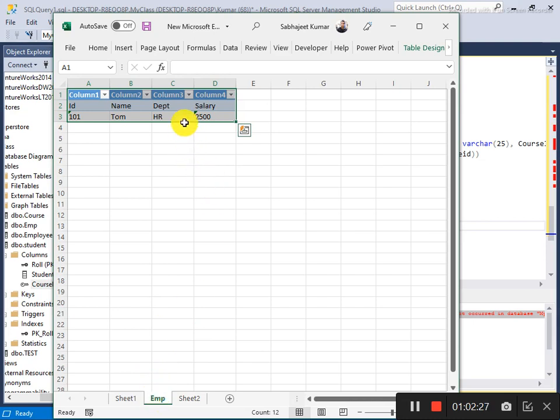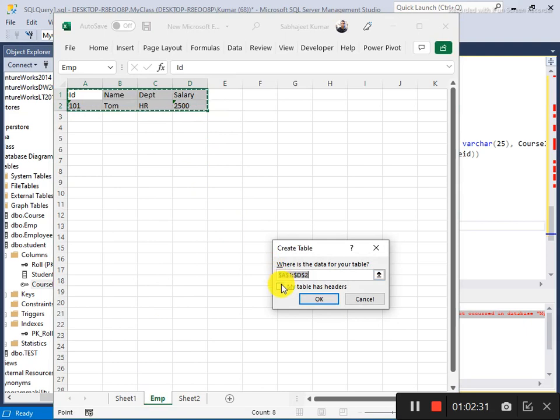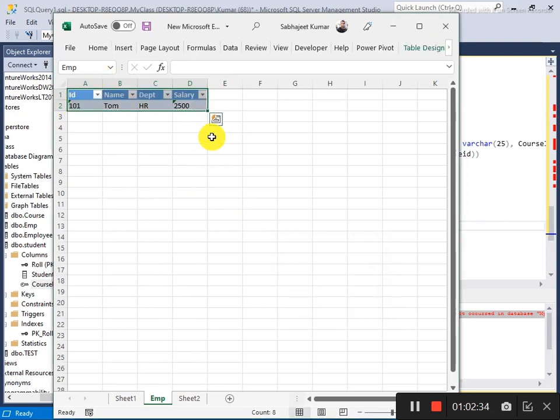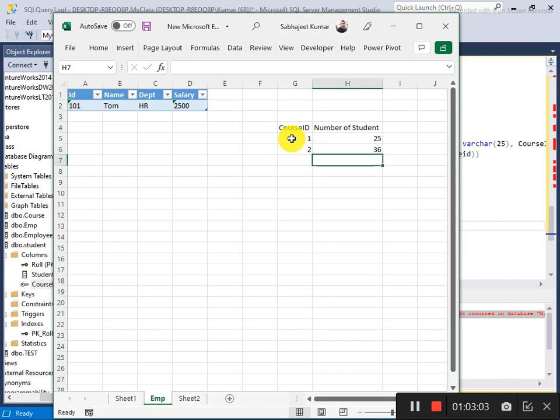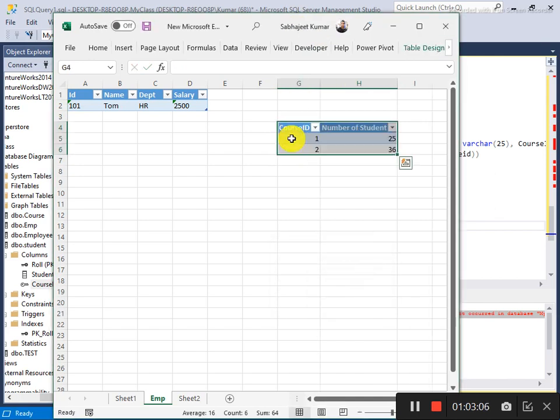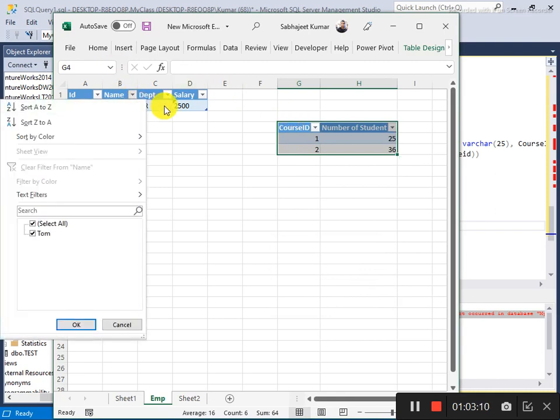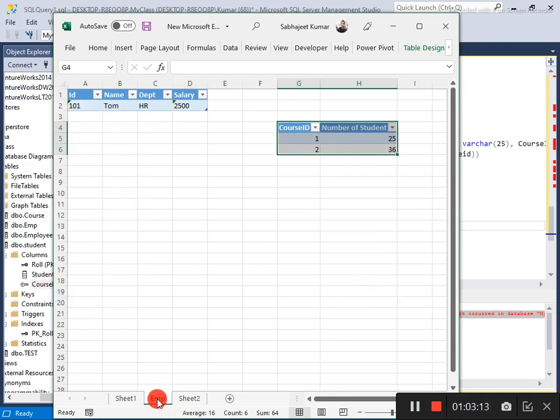What happens if you have two tables? These two tables are inside the EMP worksheet.